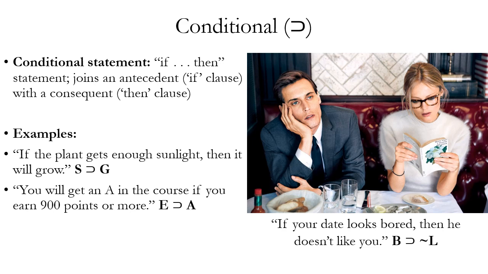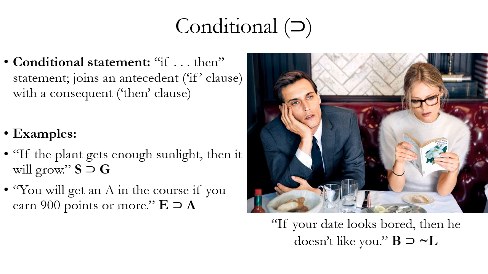Let's look at another example. You will get an A in the course if you earn 900 points or more. In this case, the if occurs in the middle of the English sentence. But we have to remember that the clause that follows if is actually the antecedent. So even if appears in the middle of the statement, the clause that follows the if has to go before the horseshoe. So we look at the statement, you earn 900 points or more, and that is being translated by